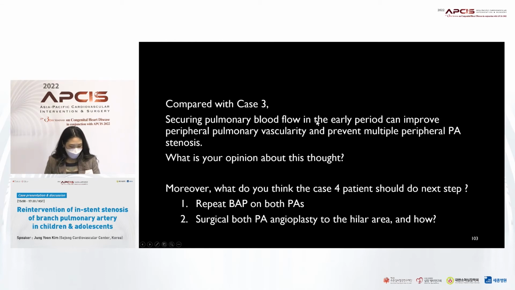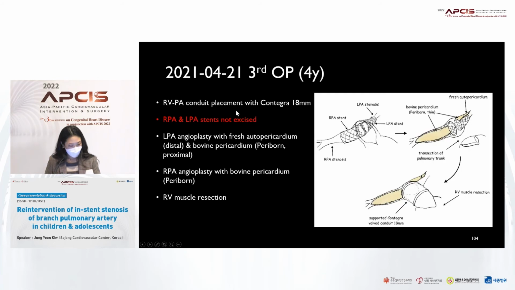Compared with case 3, securing pulmonary blood flow in the early period can improve peripheral pulmonary vascularity and prevent multiple PPS. So what is your opinion about this? But previously, Professor Ng said early intervention is important, so I think it's past that point. So Dr. Chang Lee has